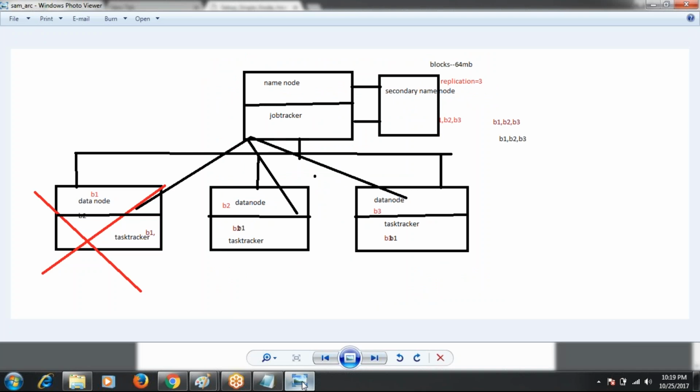After installing SSH, there will be communication from the master to each slave, and from each slave to the other slaves. So we have to install SSH at the time of cluster setup.